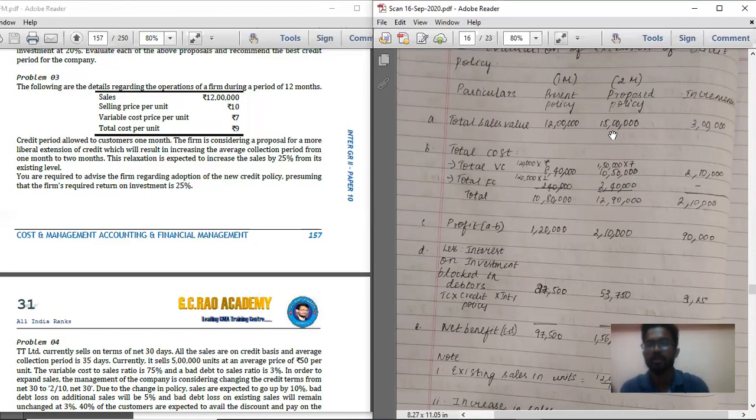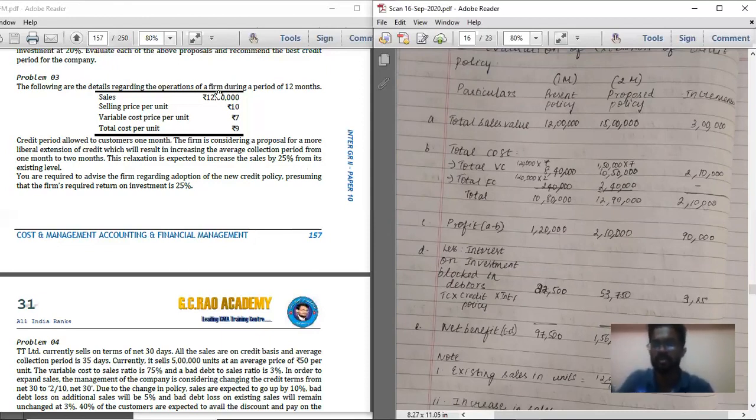In respect of proposed policy, record what is the increment in sales. This relaxation, that is extension of credit period from 1 month to 2 months, is going to give a 25% increase in sales. From 12 lakh, which is the 100%, it is going to increase 25%. That is 12 lakh divided by 100 into 125, that is 15 lakhs. Below that 15 lakhs, just take down within bracket 12 lakhs